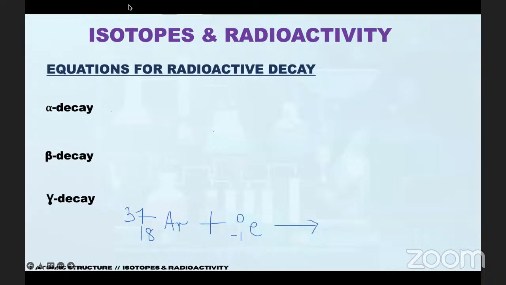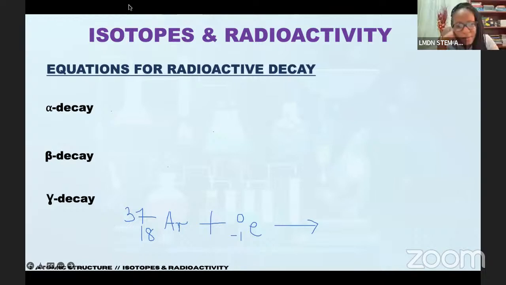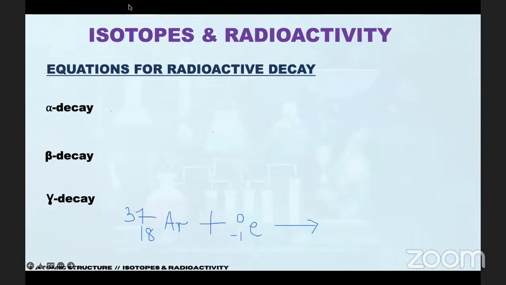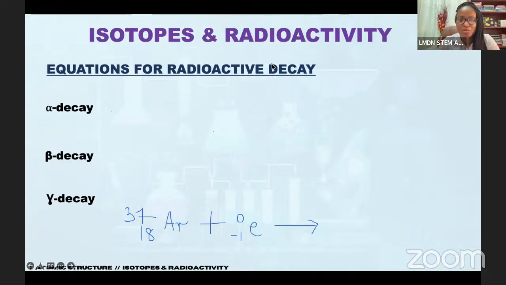The mass number will remain the same, and the atomic number will be 19. Could be what? Wait. 17. Exactly. It's going to lose 1. Yeah, the atomic number decreases by 1, right? So it captures that electron, and so you end up with